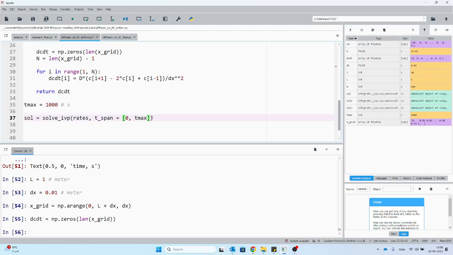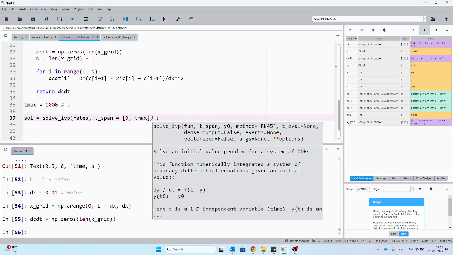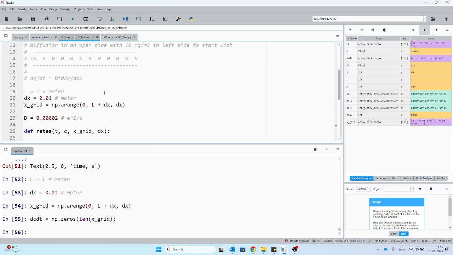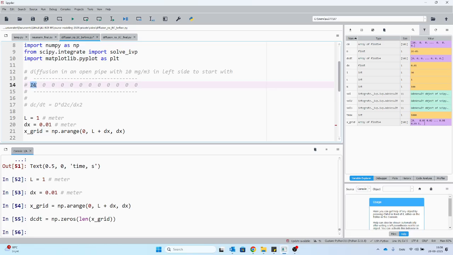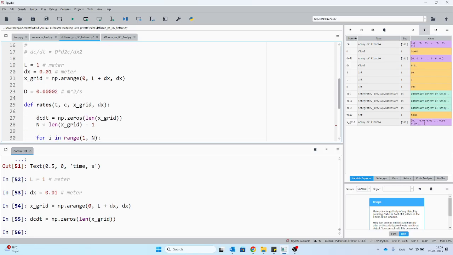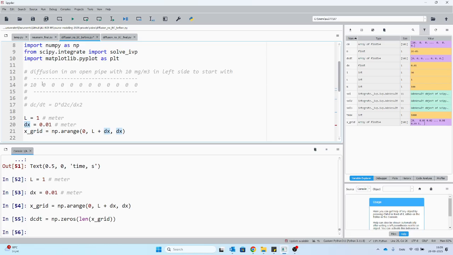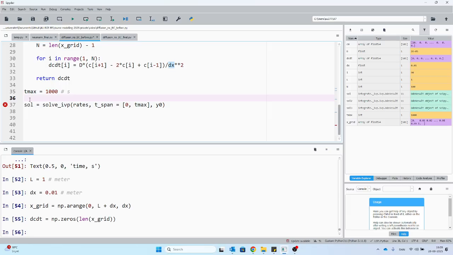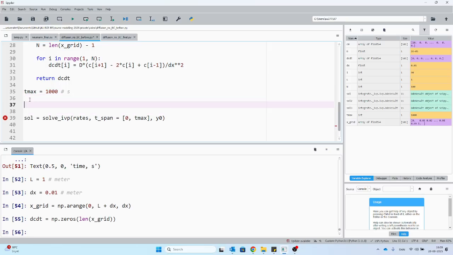The next thing we need to do is we need to have the initial values. But we have not defined the initial values yet. In the introduction, I said that it should be 10 to the left side, and all other places it should be 0. And of course, if you have 100 derivatives, which we construct down here, each representing the change at the different positions, we also need 100 initial conditions. So the initial conditions needs to be an array also. We call it C0 is equal to